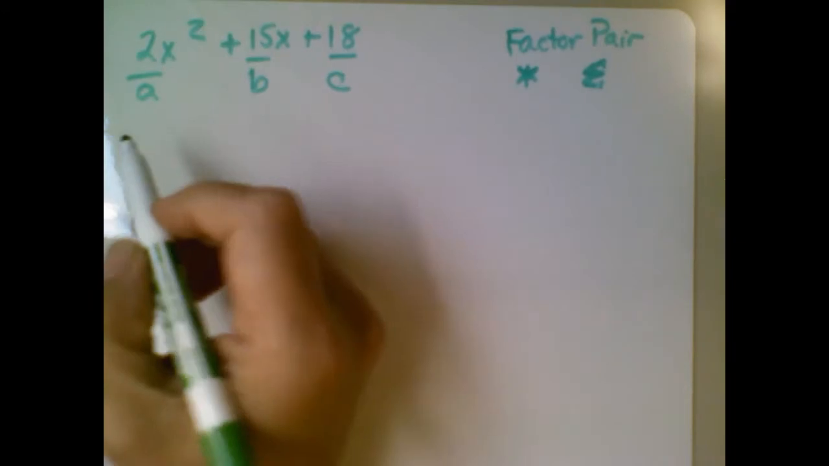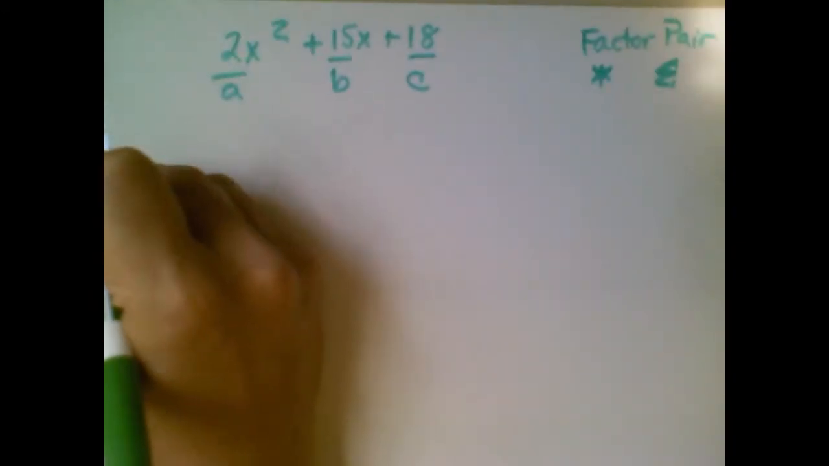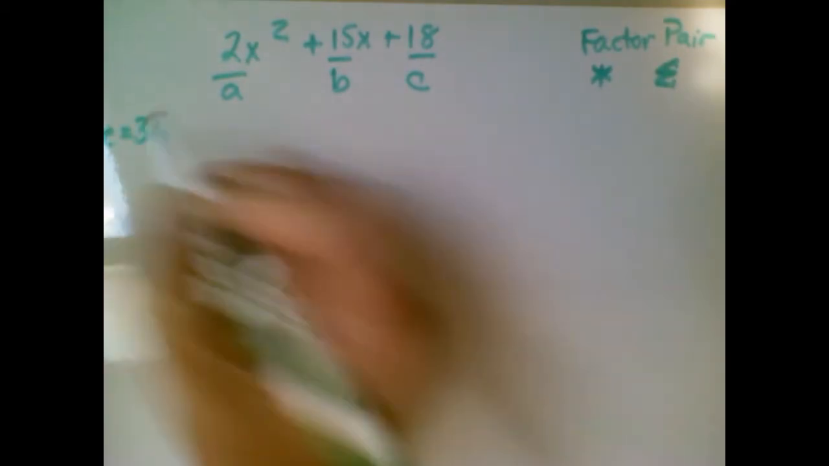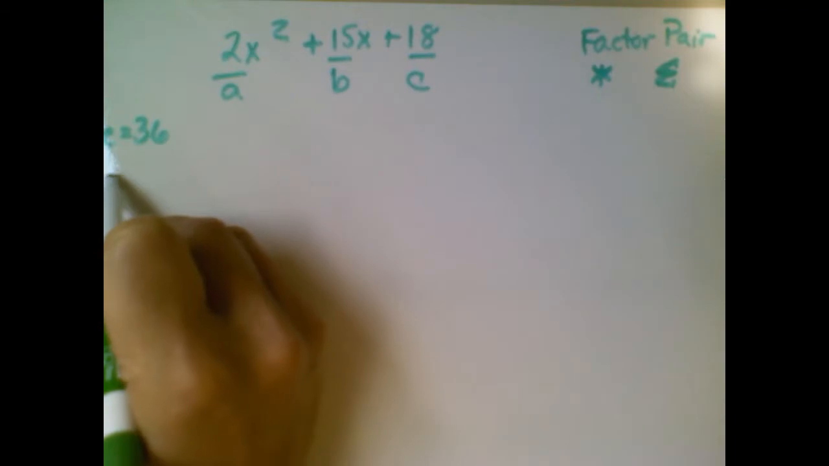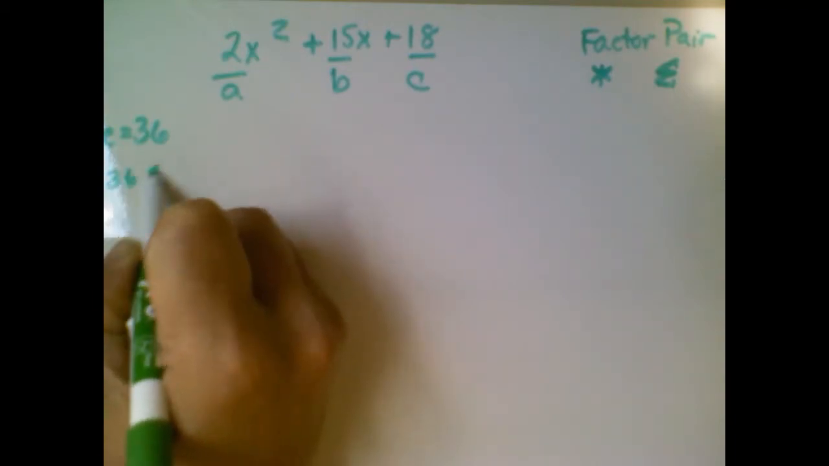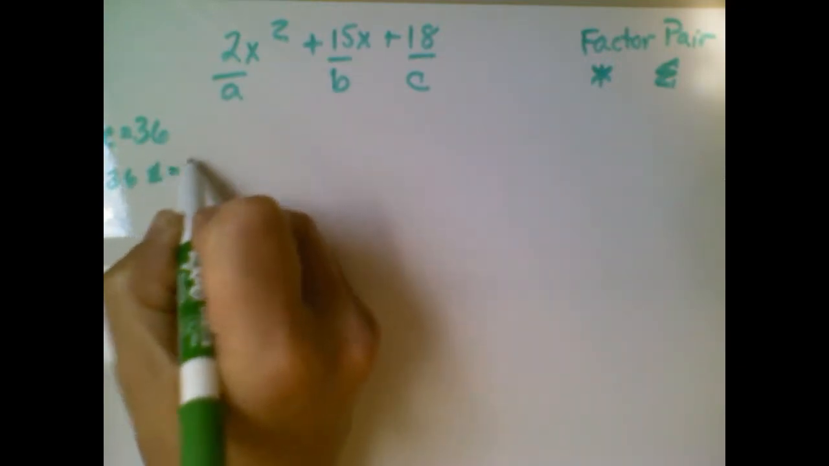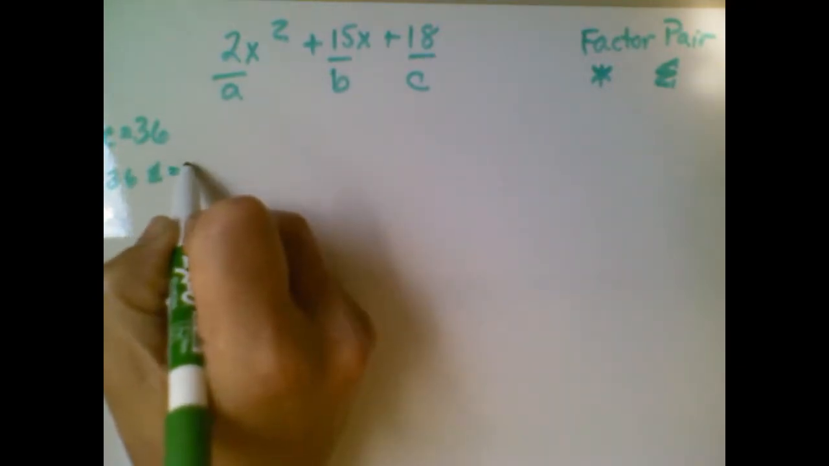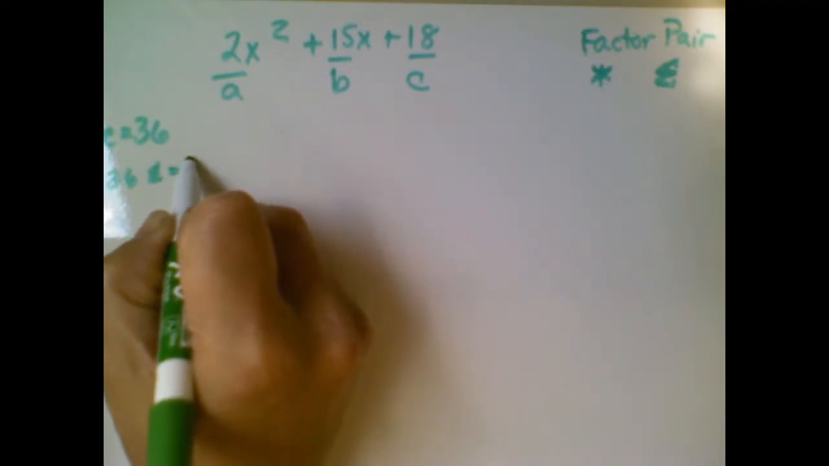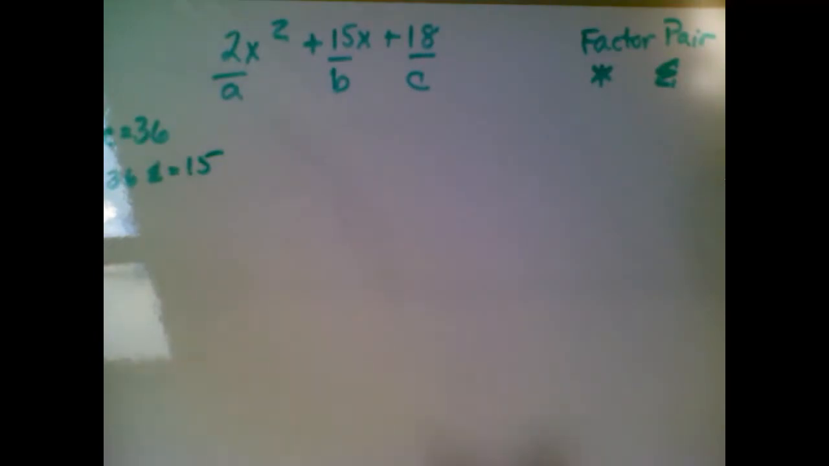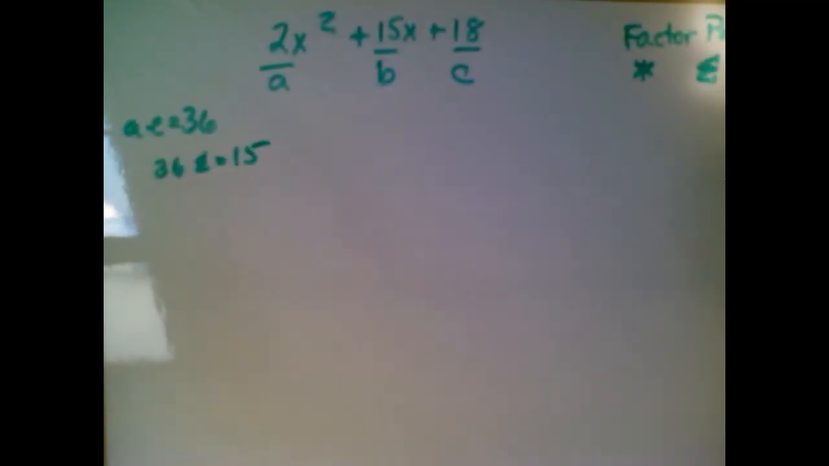So we're going to start by multiplying A times C. All right, so we're going to do A times C, which is, in this case, 36. And then we're going to look to see what factor pairs of 36 are going to sum to the middle term, is going to equal B. All right, and in this case, 15. Now I want to let you know that I'm writing this out, but I have this in a slideshow